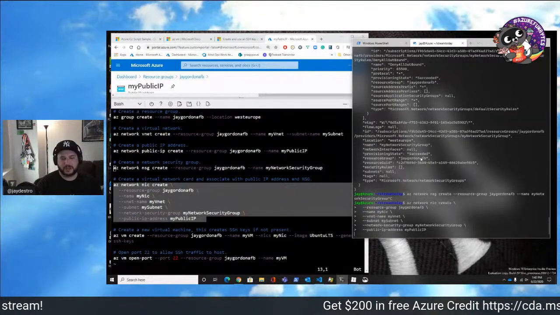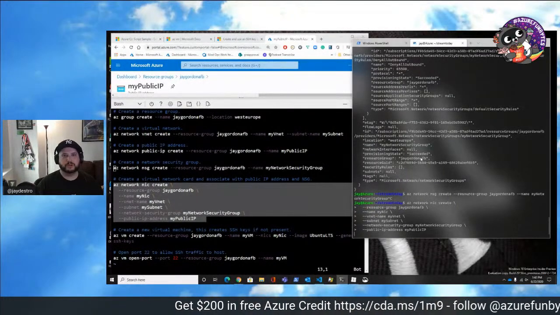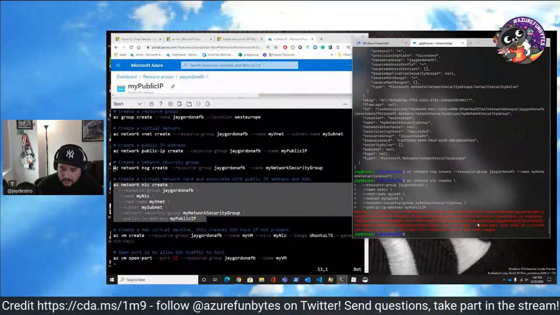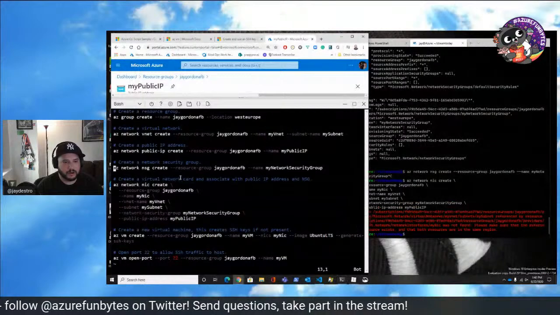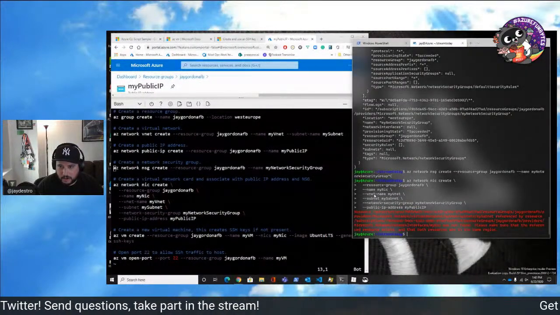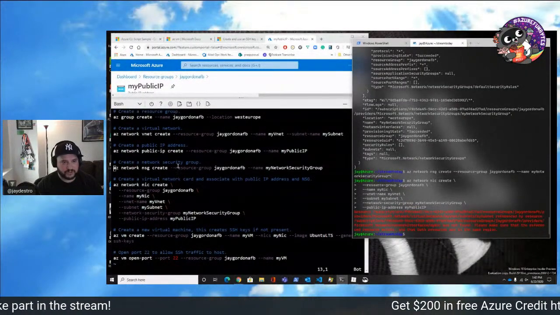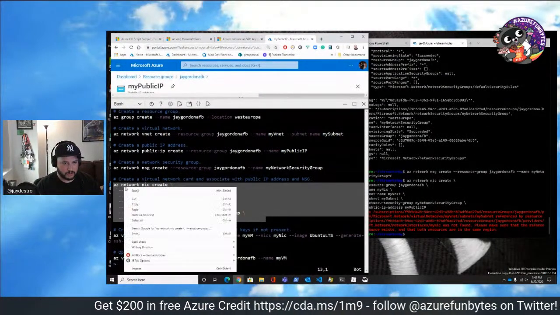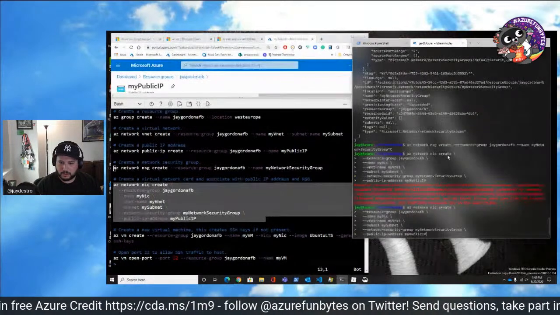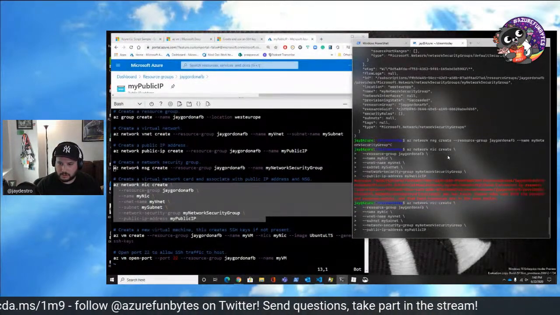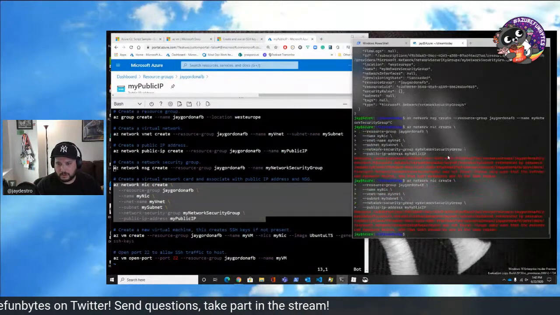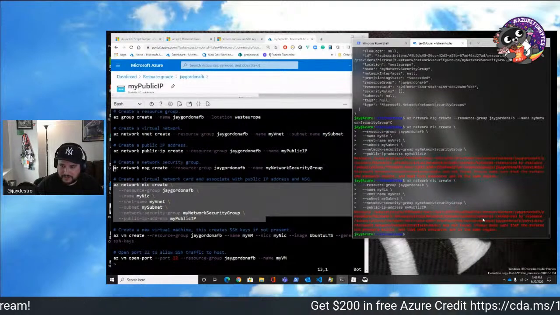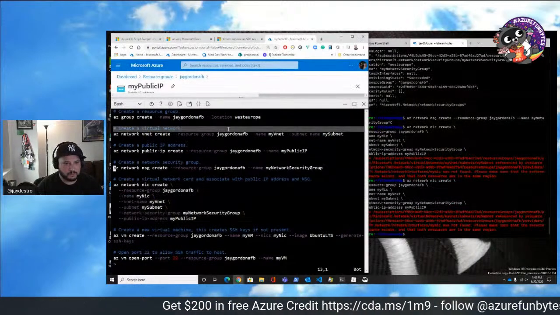And like every single time we paste something in, we get JSON output. Ooh, so let's see. My NIC was not found. All right. So, oh, I see. Let's try this again. Okay, so let's figure out. My subnet reference. So did I not do this?